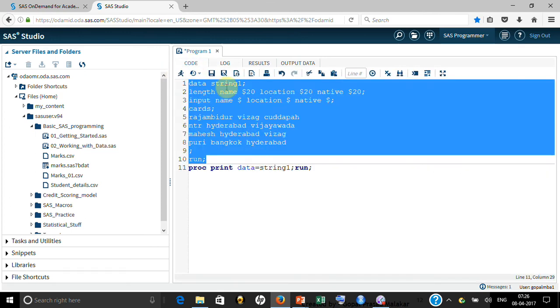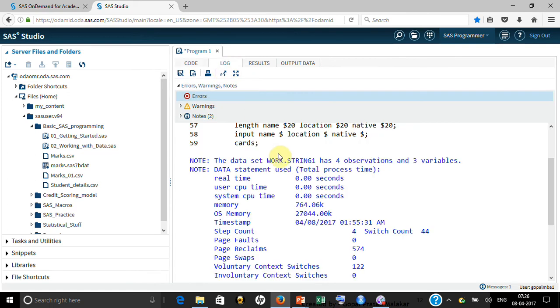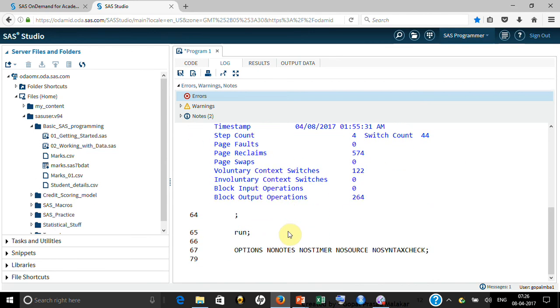What this code does, why it is reading 4 observations, and all those things will anyway be explained to you in detail during the coursework. But the point that I'm trying to make here is that it shows the execution of the code, how much memory has been consumed, and a lot of details are available here.